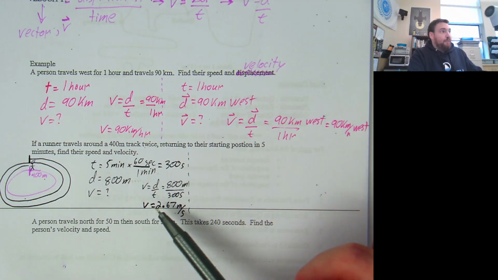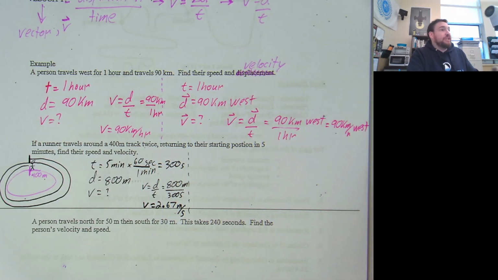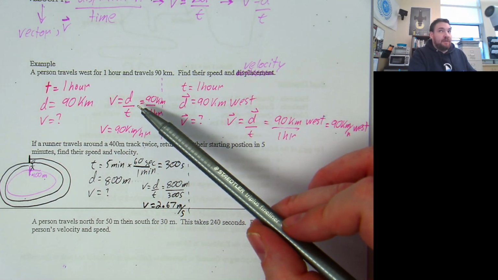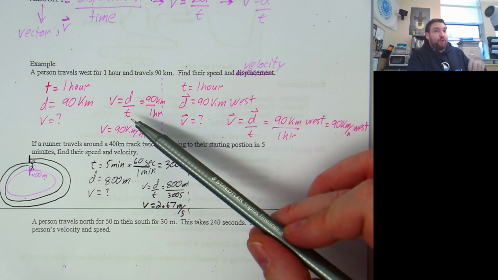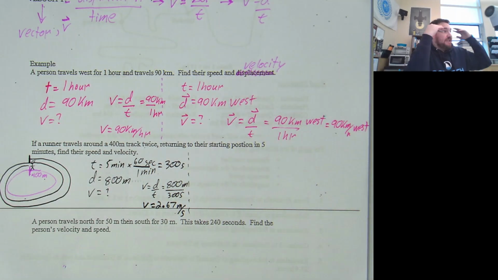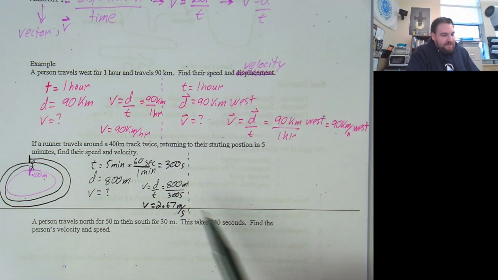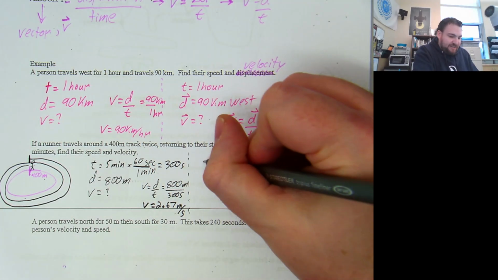This is how I want you to approach these kinds of questions. It's going to feel really stupid to start because, again, this is not an overly complex formula. But things are going to get bigger, things are going to get more gross, and the more you can put on the page, the less you have to carry around in your head. Basically, you're cognitively offloading is what I want to encourage you to do. The more you can get out of your head, the less you have to carry around, the better you will think about what you actually need to do. So the speed then is 2.67 meters per second. What's the velocity?